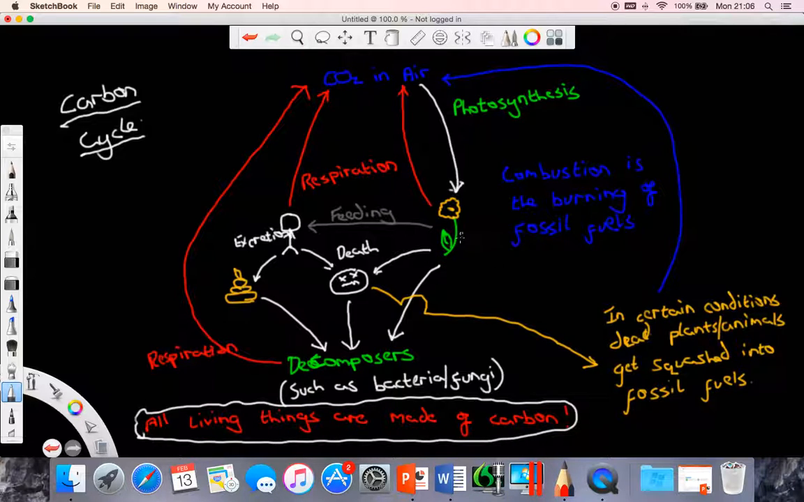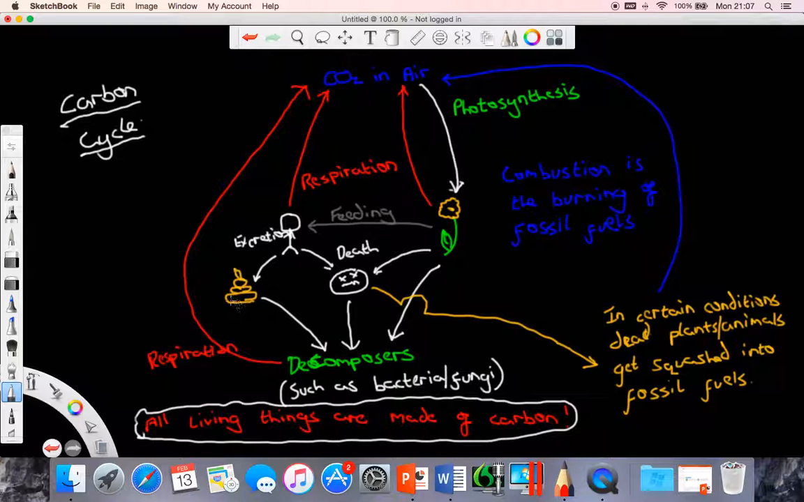The carbon that is trapped inside the plants is absorbed by the animal. The animal then respires to breathe out carbon dioxide, and then the plant takes in the carbon dioxide through photosynthesis to build up more plant. But then of an evening, the plant respires because there's no sunlight for photosynthesis to take place, and therefore it releases carbon dioxide. Plants and animals will eventually die,